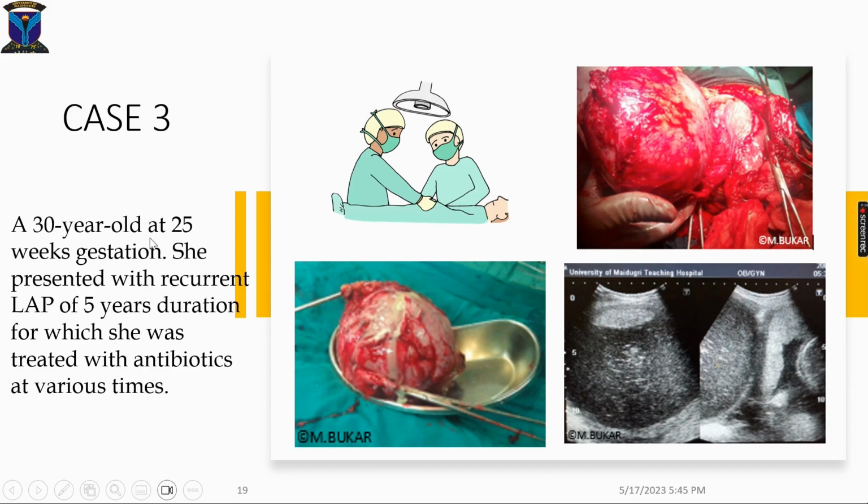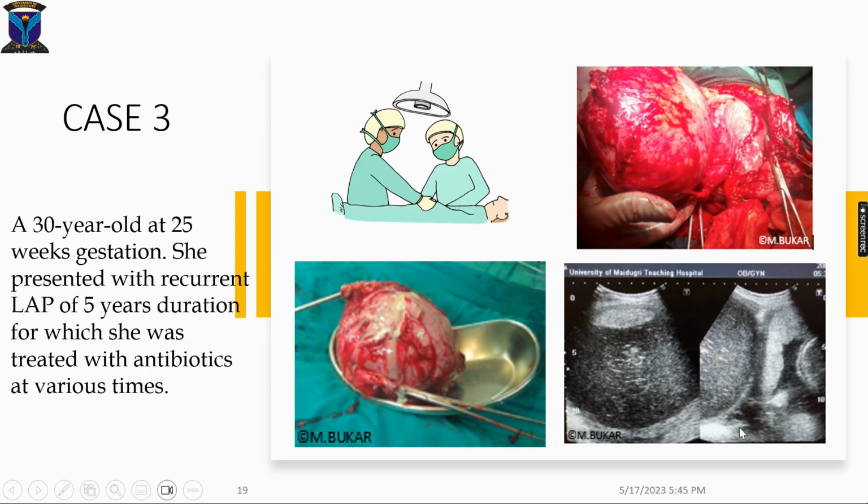Case 3 was a 30-year-old at 25 weeks of gestation. She presented with recurrent lower abdominal pain of 5 years duration, for which she was treated with antibiotics at various times. Look at the ultrasound image. What looks like ground glass content, but again here you can see some lacy pattern. And look at this echogenic area within, which is literally floating. Here look at the placenta,